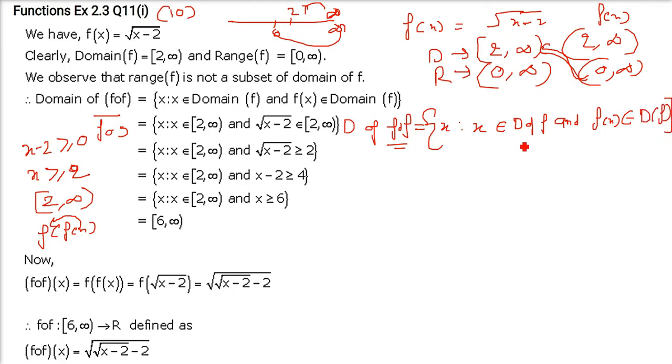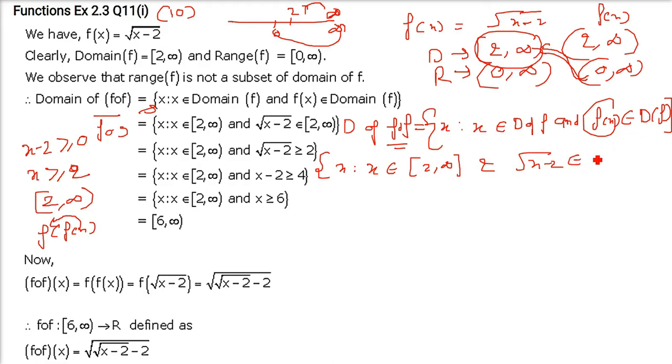So now this same line I have written here in short. X is such that x belongs to, now what is the domain of f? We just found out the domain of f is 2 to infinity. 2 is inclusive, infinity should be round. Now f of x is under root x minus 2. This belongs to, what is the domain of f? Again 2 to infinity, 2 is inclusive, infinity is not inclusive. So now take the second part. Please remember, and means proper and. X should belong to both of these. So under root x minus 2 belongs to 2 to infinity. So this is 2 to infinity.